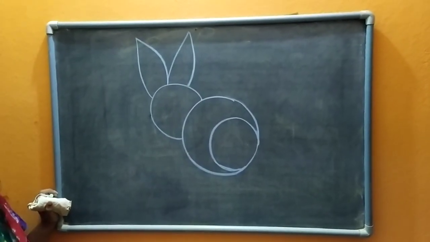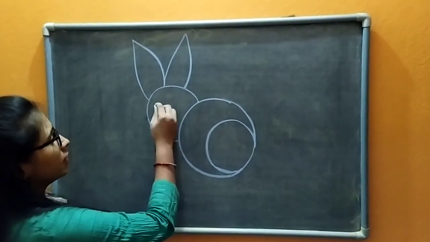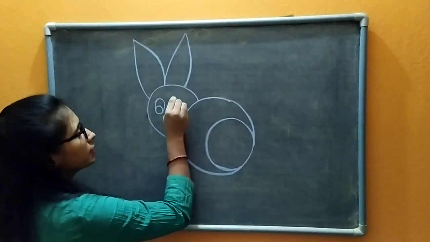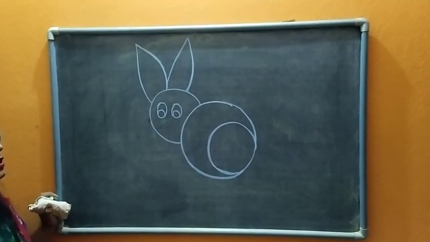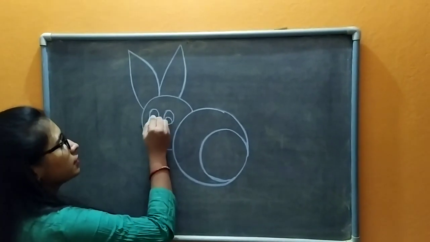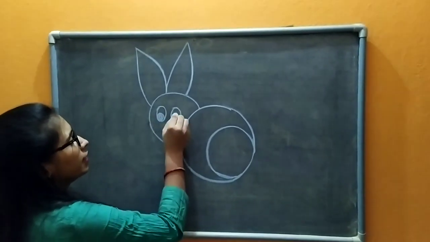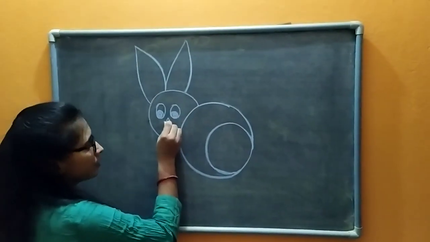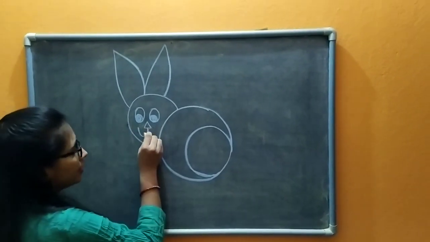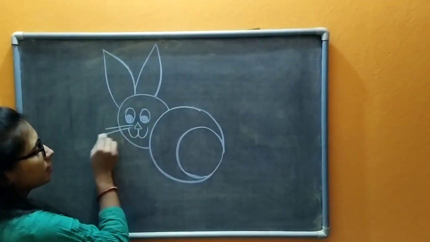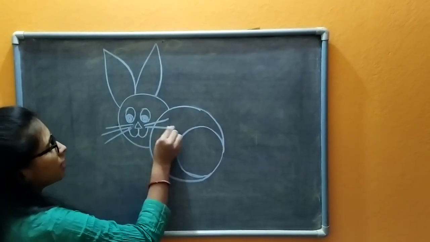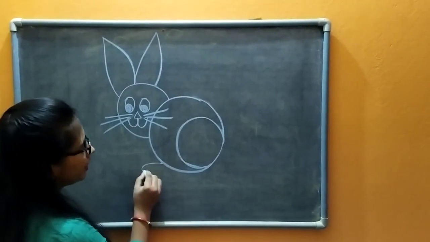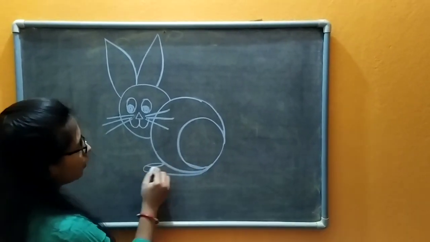Do you know what this is? Think. Now I am going to draw 2 eyes. Now can you guess what is this? Think and answer. A triangle, one line here, another one here. I think you know now. It's a rabbit, right? What I have drawn?